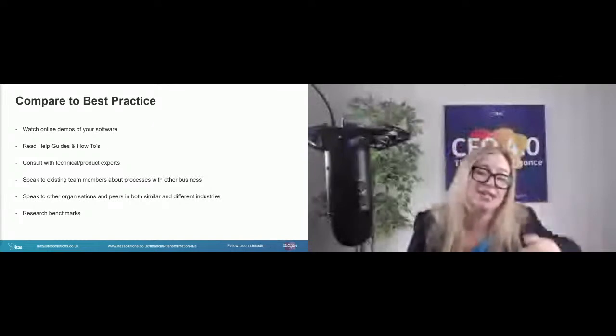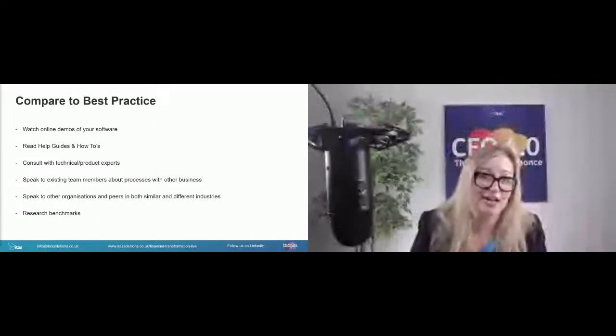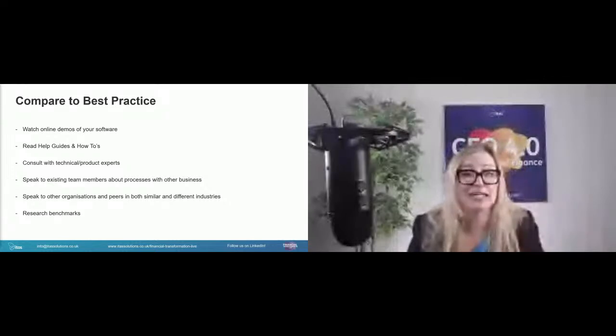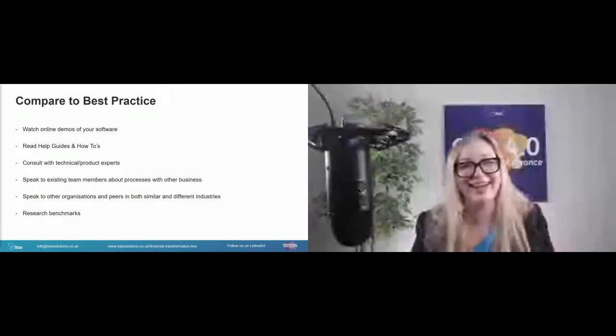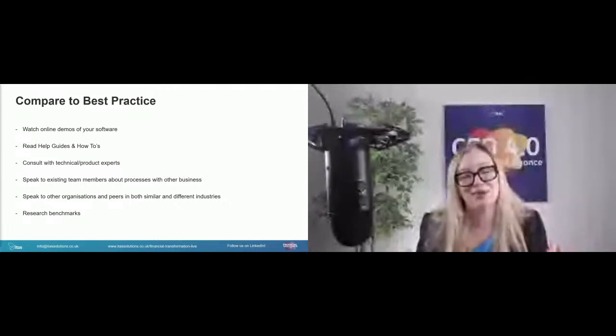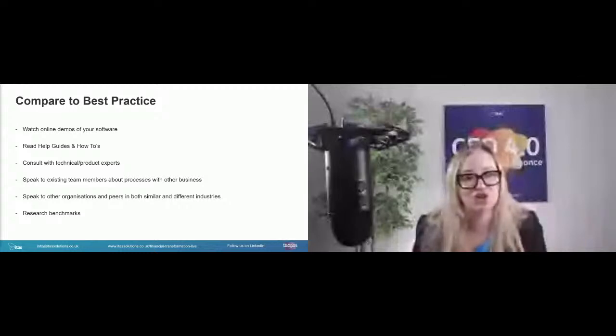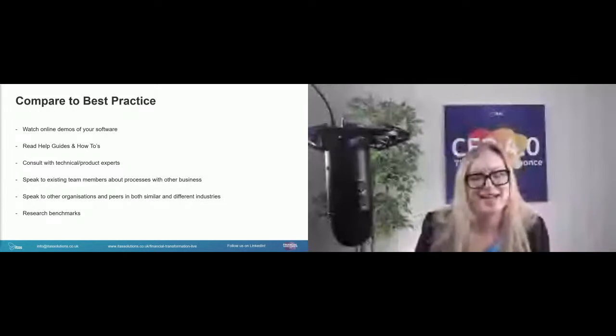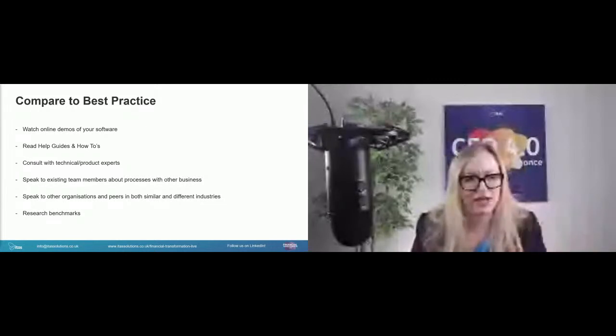What I will say, you need to take those benchmarks into context, in that if you are particularly complex within your organization for whatever reason, and that is a USP for you as an organization, then those benchmarks may not be applicable. So don't hold them as a stick to beat your team with, but actually use them to go and ask good questions. It's just about information gathering. It's just about going, how do we compare? Where do we sit?